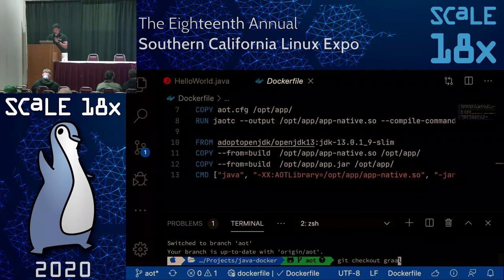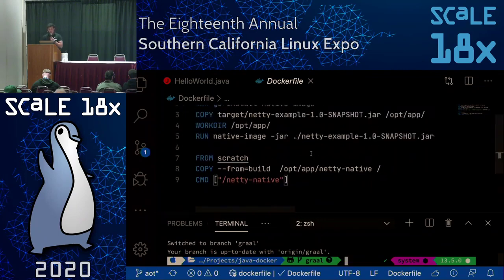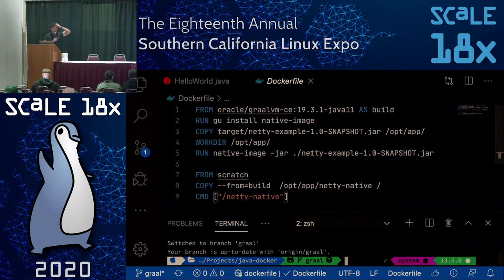And the last one is a cool project from Oracle Labs called GraalVM. How many of you are familiar with GraalVM? Cool. So GraalVM is a universal virtual machine from Oracle Labs. And it's basically a universal virtual machine for multiple languages like Python, JavaScript, Ruby, and many GVM languages. But what excites Java developers